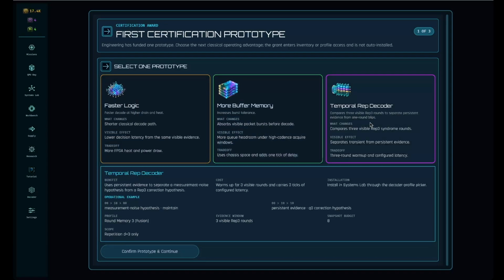I'm going to select here temporal repetition decoder. It's a research that gets